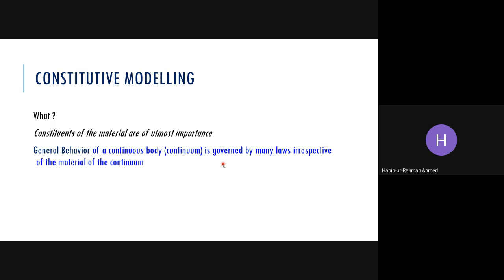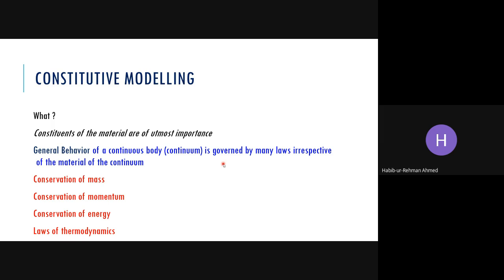Once I list them, I think you can easily recognize and recall these laws. One of them is the law of conservation of mass, the law of conservation of momentum, the law of conservation of energy, and the laws of thermodynamics. All these laws hold good irrespective of the constituent content of the material. So that's very important to understand again, that it's not only the constitutive law that controls the overall